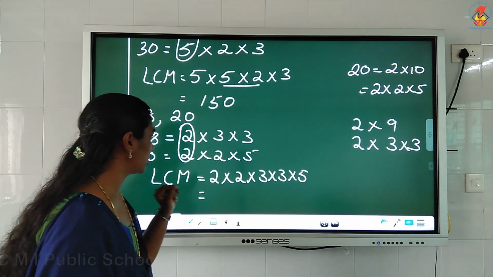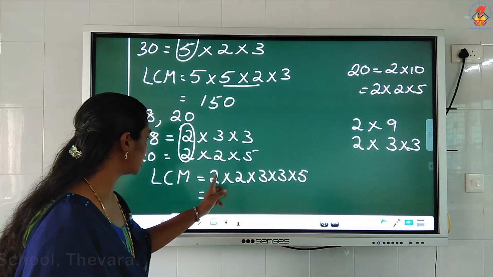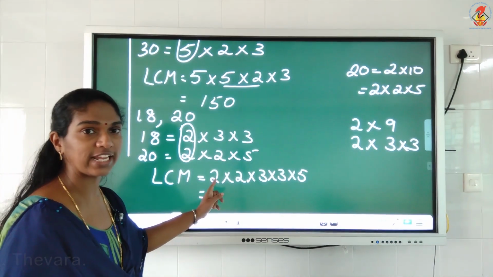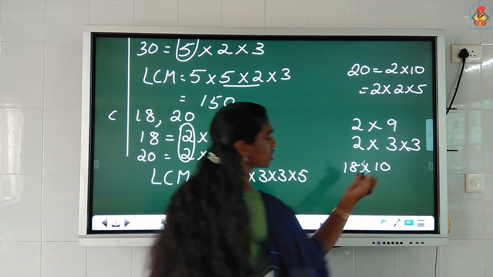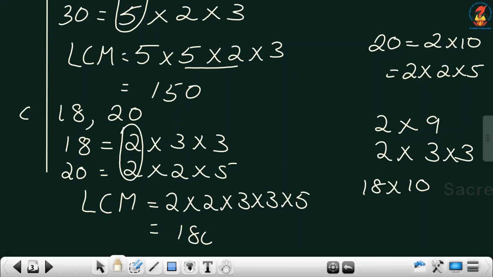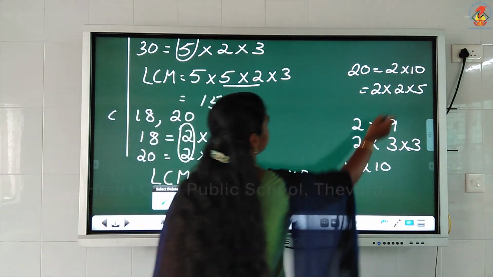Okay. Then what is left? 3 into 3, 9 is left. Then 1 two is left. 9 twos are 18. So you got 18 into 10. What is 18 into 10? 180. You don't have to keep multiplying in order, it doesn't matter. You take 2 and 5, you get 10. Then the balance, you have 2 into 3 into 3, that is 18. So 18 into 10, you will get 180. Understood, children? So this is the easier method that I have given you to multiply.